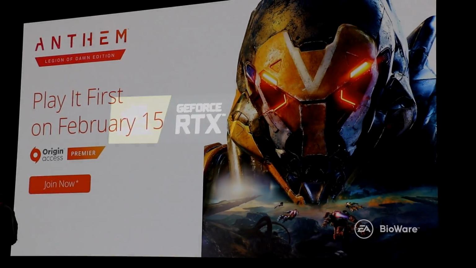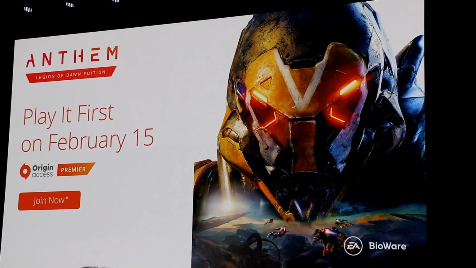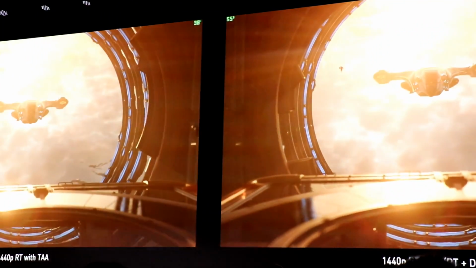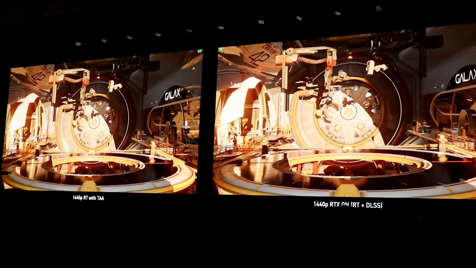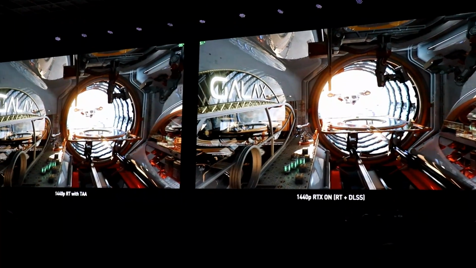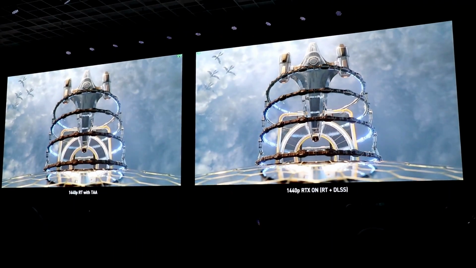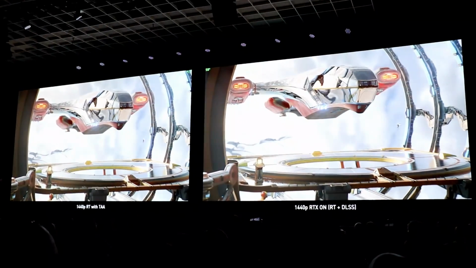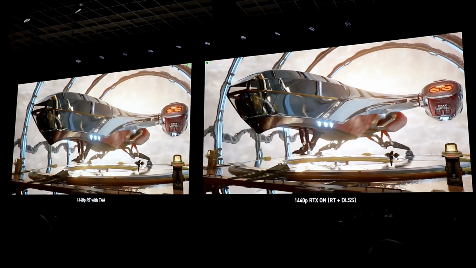That's amazing. We're also going to show you DLSS in action. Okay, so guys. So on this side is ray tracing on, but using the state-of-the-art in anti-aliasing technology called TAA, temporal anti-aliasing, that we played a huge role in inventing. This is as good as an image quality as you can get today at 1440p.